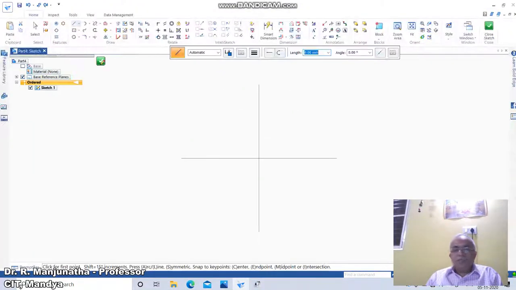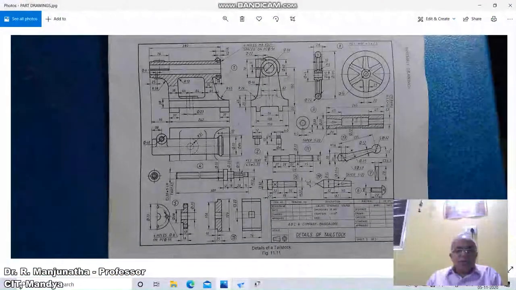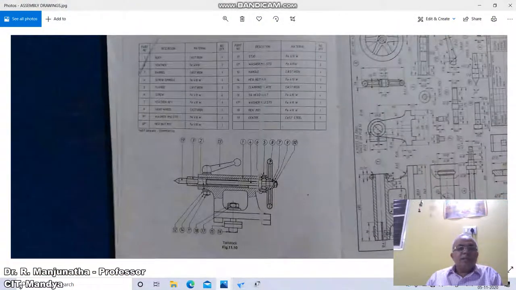So it is a hexagonal nut of M12 standard, which is a standard item. So we need to know the empirical relation for hexagonal nut M12. It is always M12, the total width, outer to outer, will be 2 times the diameter. M12 means 12 into 2, it is going to become 24 mm, and then the thickness will be 0.9D, 0.9 into 12, it is going to be 10.8. So this is how we will be able to create this.